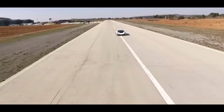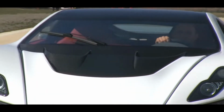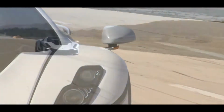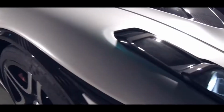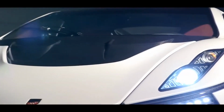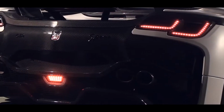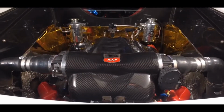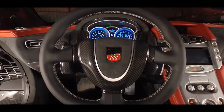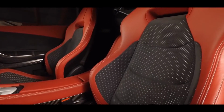GTA Spano. The company Spano in 2016 introduced the modernized supercar GTA. It is worth noting that the engine of this car is equipped with 2 turbochargers and an intercooler. In addition, from 0 to 100, the GTA Spano accelerates in less than 3 seconds and the maximum speed exceeds 370 kilometers per hour. Also, the driver has the ability to adjust the engine output to a quiet mode for everyday travel. The engine will produce 450 horsepower, and for example, on the racetrack you can use all 920. The price for such a Spanish supercar is